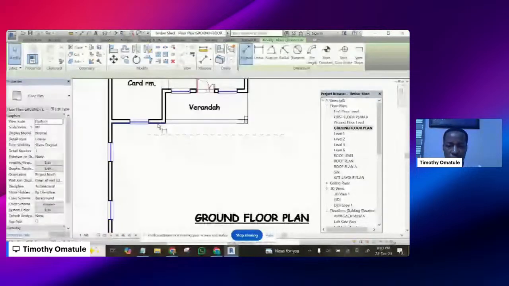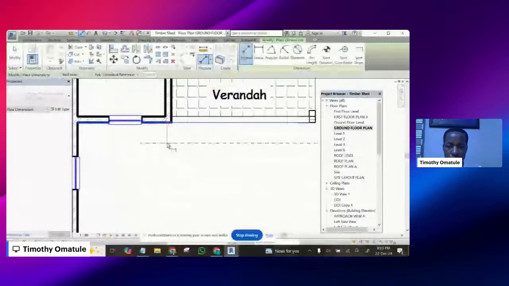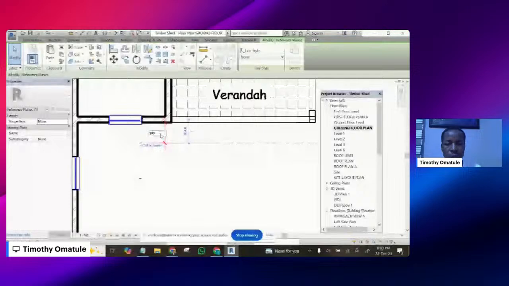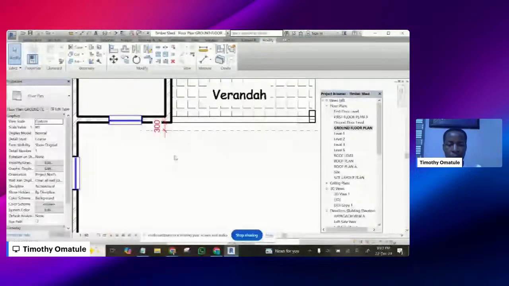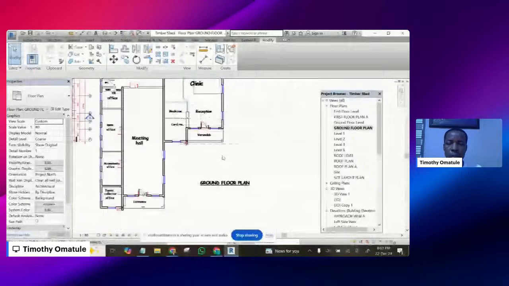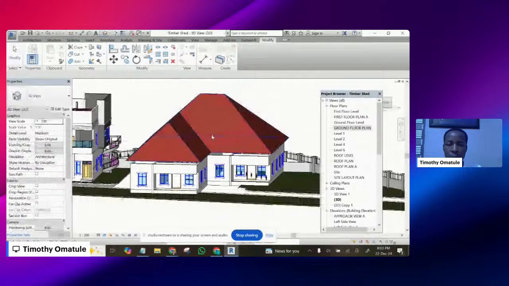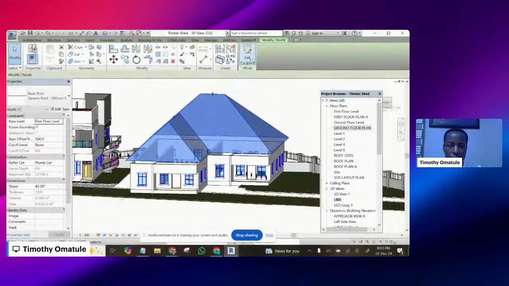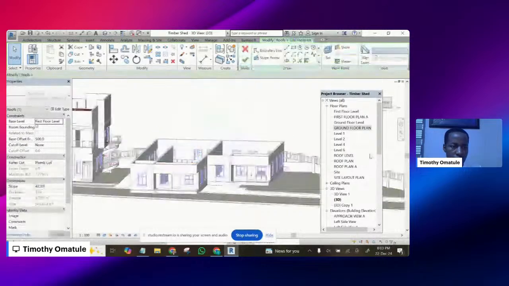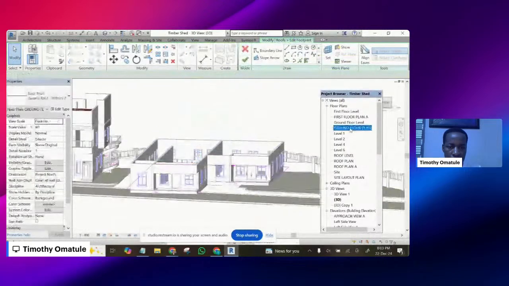and add dimension to it. Then extend this wall. Then we can now work on our roof. So let's click edit, go to floor plan,